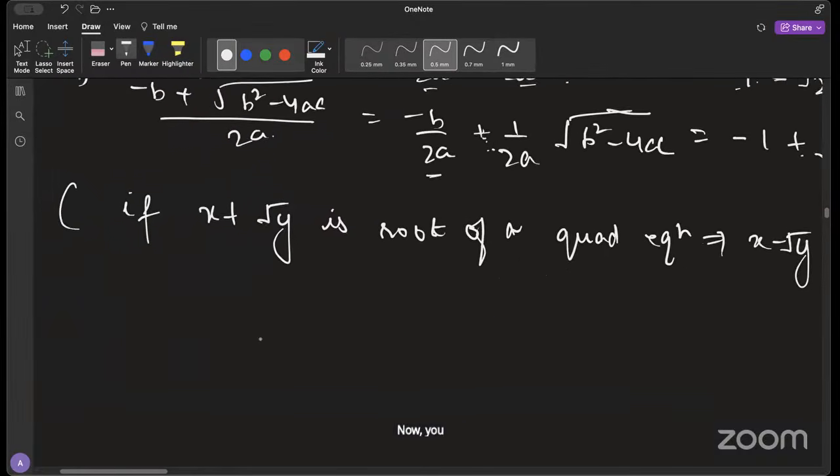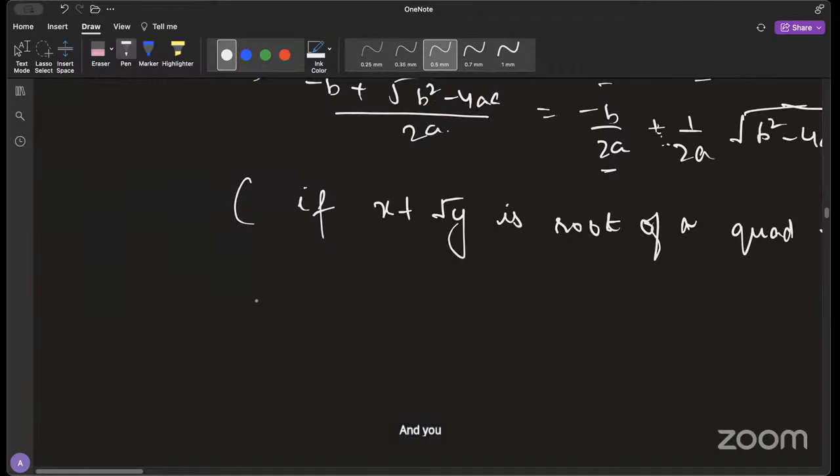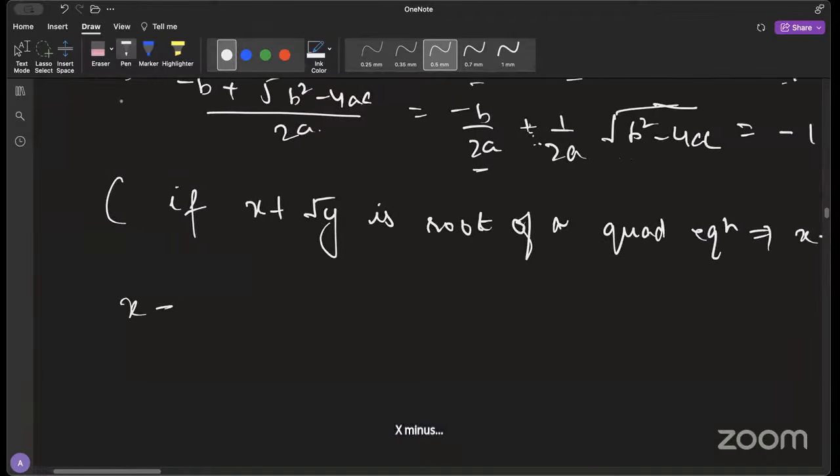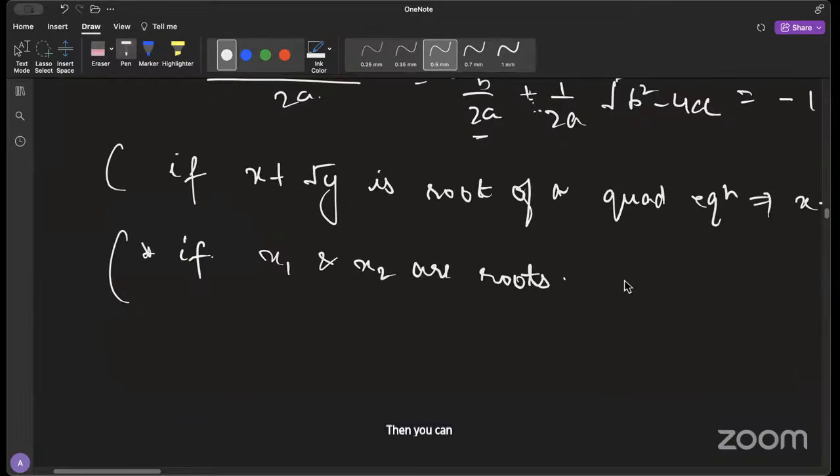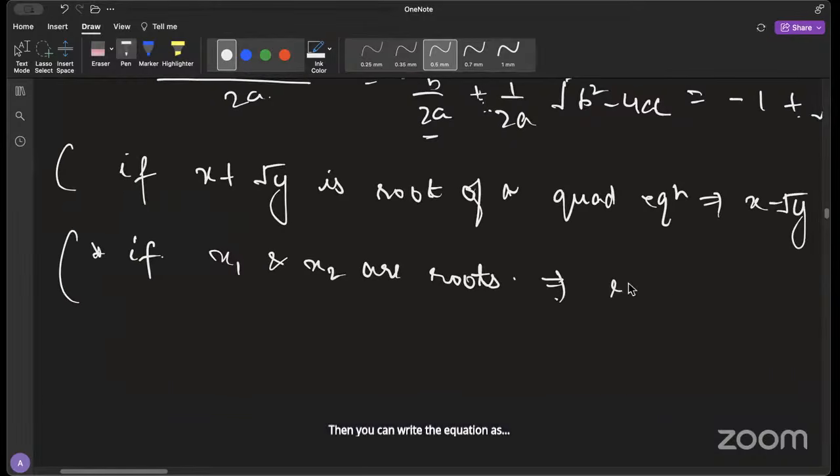Now you have two roots and you have to find the equation, right? So your equation will be x minus... if you have a and b as roots, then how do you find the equation? Let's take x1 and x2. If x1 and x2 are roots, then you can write the quadratic equation as